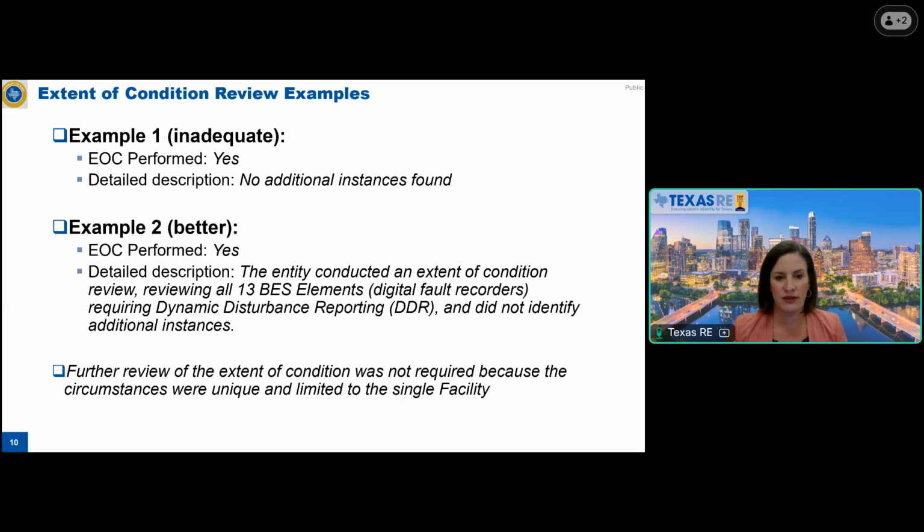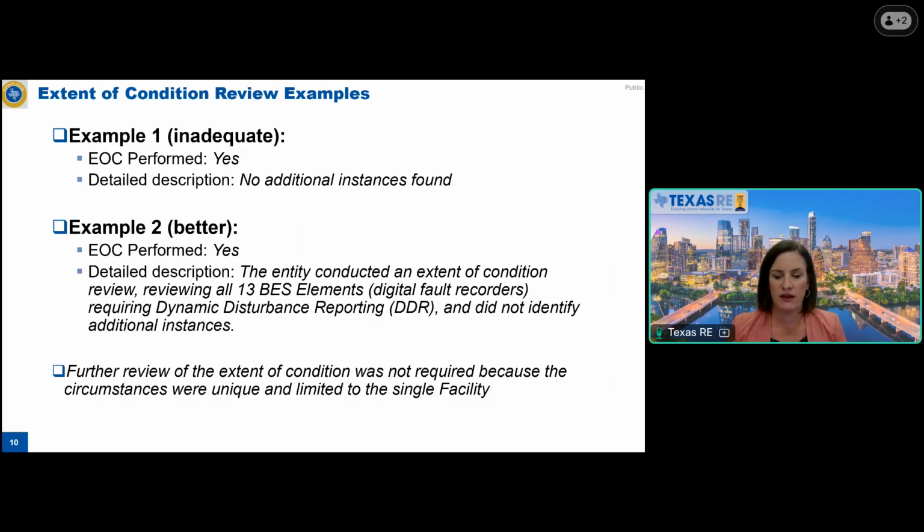In this case, it's probably not necessary to include a time period because they are reviewing all of their elements. Further review of extent of condition was not required. So this, at the bottom of the screen, I want to point out that sometimes, occasionally, you will have an incident where there's no need to perform a further extent of condition review. In that case, the language you're going to use is further review of extent of condition was not required because,